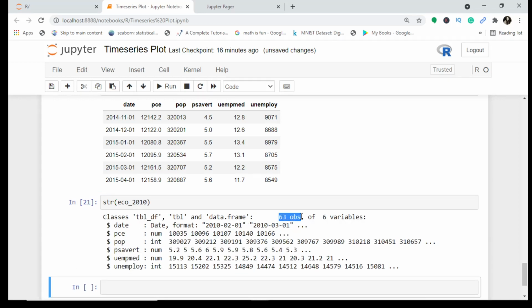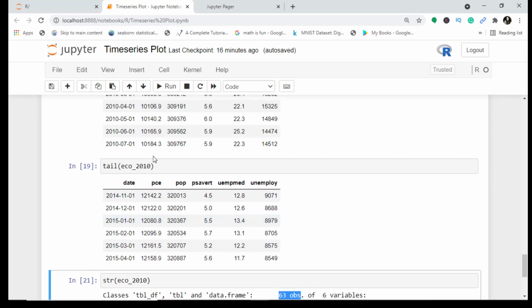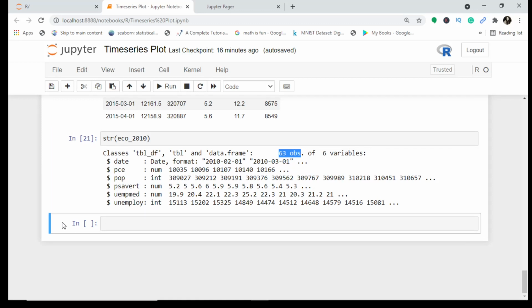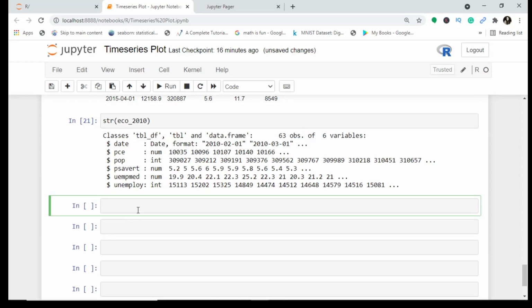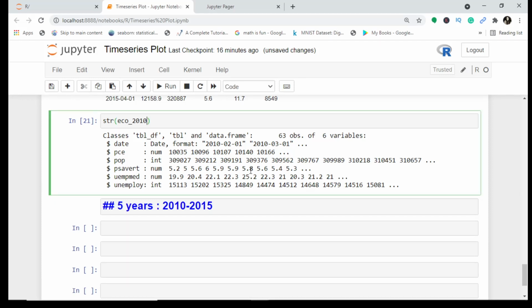Now there are 63 observations, so the rows have considerably been reduced, and now we are simply analyzing the 63 rows and 6 variables spread over 2010 to 2015. So we have a data set of 5 years, from 2010 to 2015, that we will be analyzing and understanding a little bit. Okay.